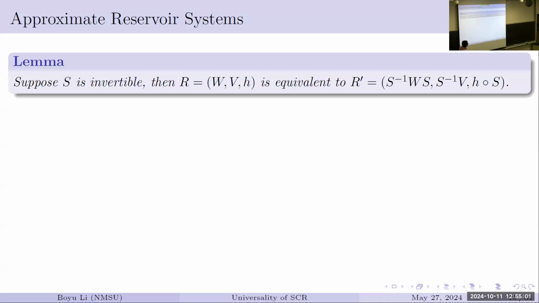Okay, the easiest trick we learn is the similar matrix. If you have anything that's invertible, you can conjugate your matrix using the invertible matrix. And what you can do is you just put the S inverse multiplied to the V on the left. You compose your H, the output, with the S on the left, okay? And there you get another reservoir system, given by this new matrix, and your function is basically your original function composed with some invertible matrix, and they're going to be equivalent.